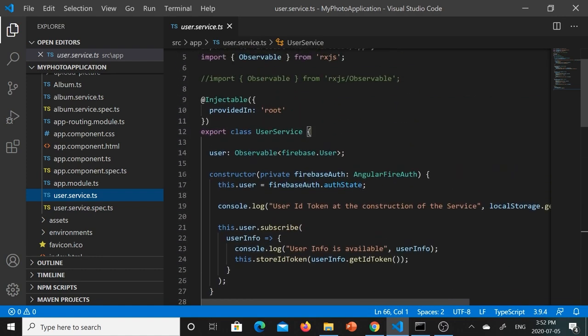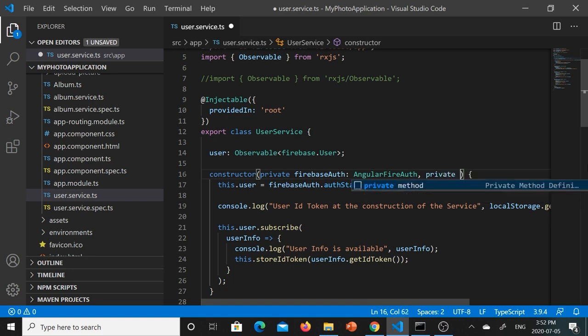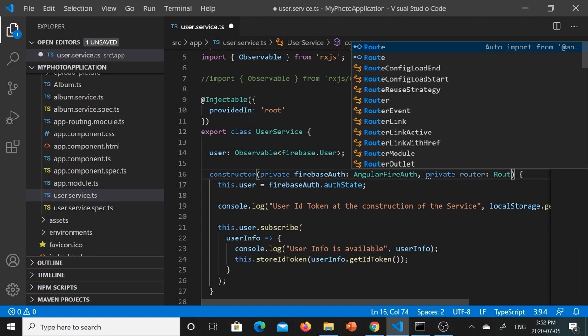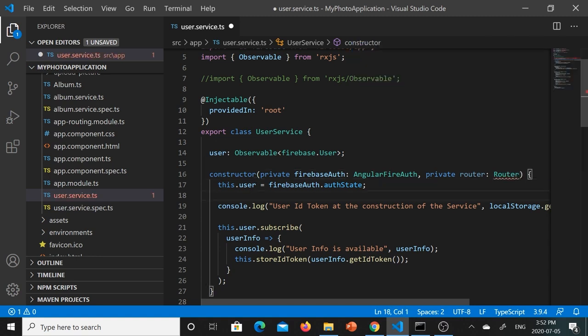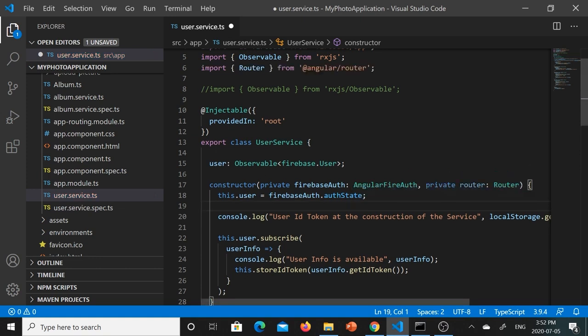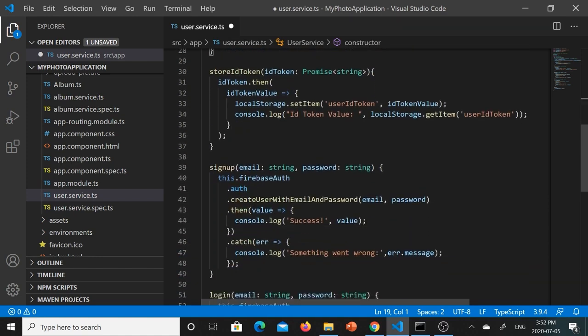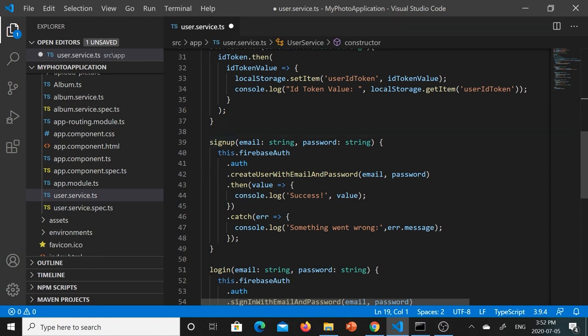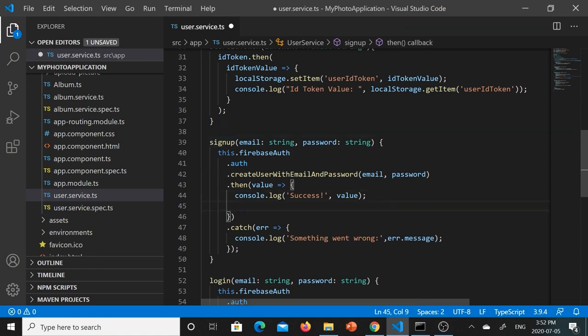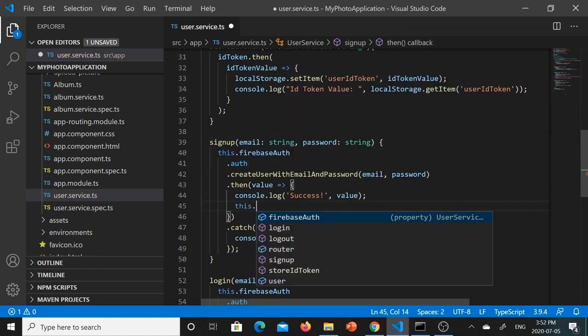in this service. So we can include that in the constructor, private router: Router, and it will complain that it's not imported, so we can import it. And once this is imported, now we have this as a class variable and we can use it from when the sign up. After the sign up is successful, we can use this